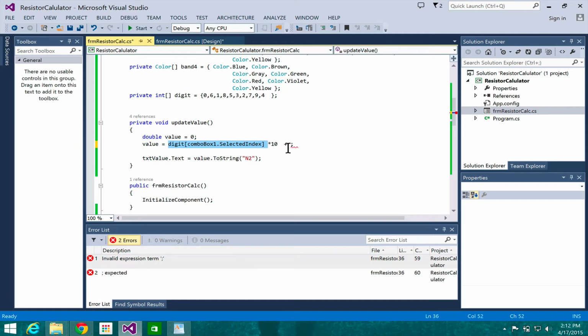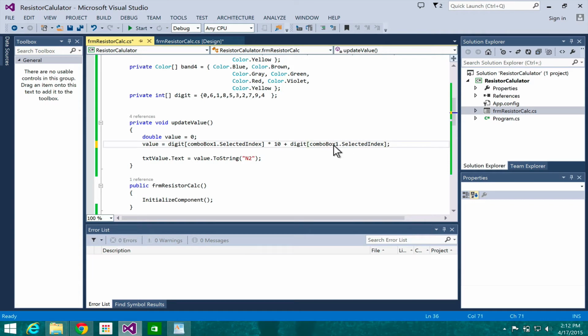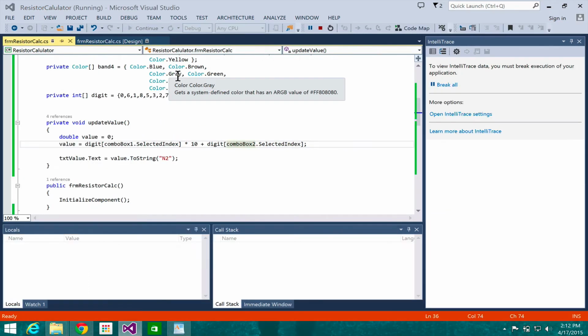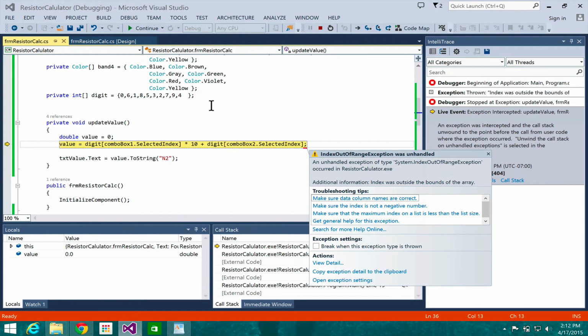So to do that, I can use the same array, but now I'm going to use the combo box selected index 2, right? Let's run this. And this is where I'm going to run into trouble, because you can see here that the selected index is -1. So what's happened is combo box 1 has run, but combo box 2 hasn't had its index set up